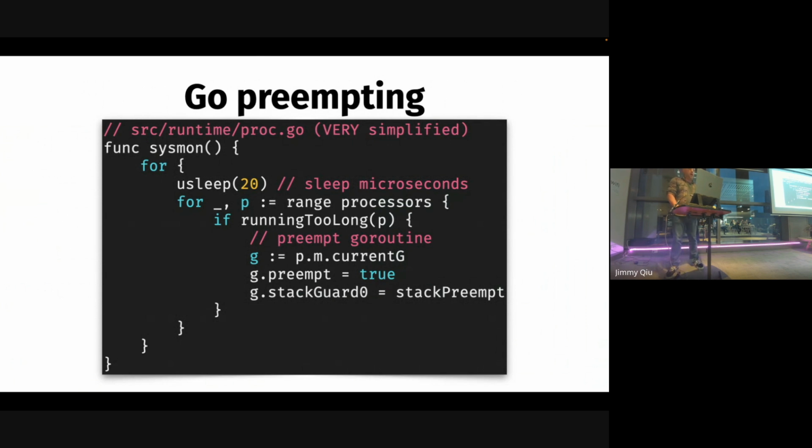So when it's maintaining a stack in there, which we'll talk about in a little bit, the stack is going to have a bunch of extra flags in there. One of them is around has the stack overflowed. And it puts a special stack preempt value into that stack overflow check. So the next time it tries to call a function, it's going to say, has the stack overflowed? Oh, I've got the special value in here. I'm going to bow out and let someone else have a turn.